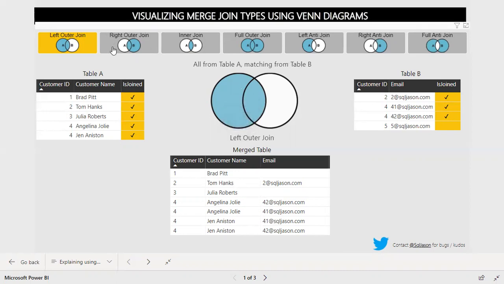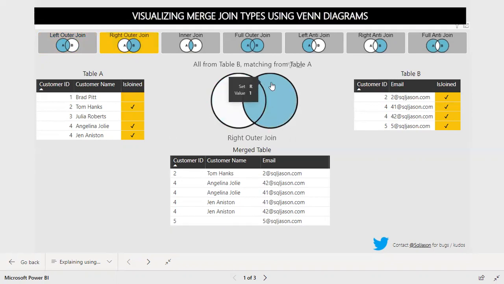And then let's go into the right outer join. It's nothing but vice versa. We'll get all the details from the right side and the common details from the left side. So let's see how it looks. 2 we have, we'll get it, and the email and the customer name also we'll get from this side. Then 4 two times we have, we'll get all those details and then emails, because we have it on both sides. And 5 we have on the right side, and we don't have it on the left side. So we'll get this email ID, and we don't get that particular name. So this is exactly the right outer join.